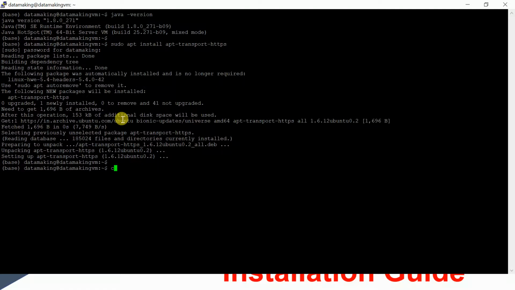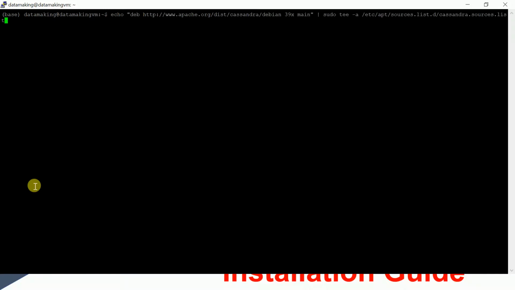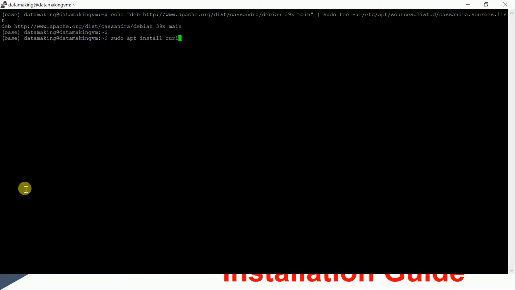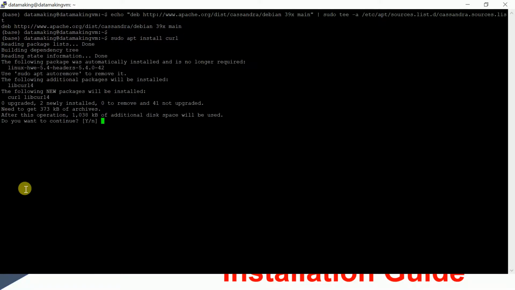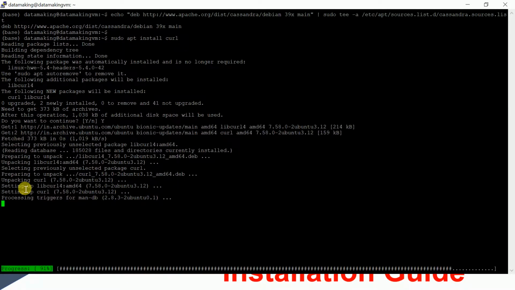Okay, this is done. I clear the screen. Now I'll add the repository to the repository manager. Once this is added, I will install one more package called curl. It is going to ask for some additional space to be used for installing curl.